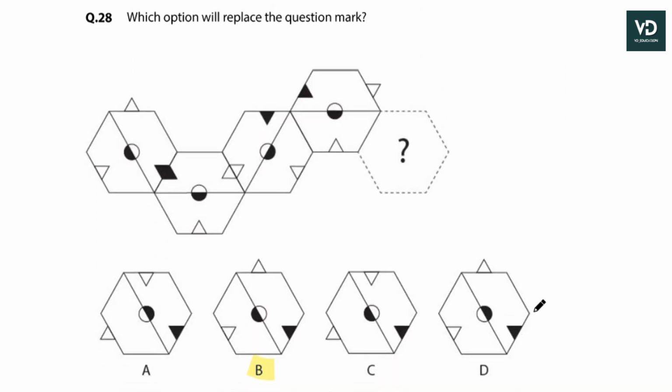28th question. Which option will replace the question mark here? So we need to notice some common part here. In the given first design, we can see the black semicircular part is at the bottom of the hexagonal shape. Yes. So the next design will be the same here, and this will be the dark black surface. Okay, so we can eliminate the incorrect options. This will be incorrect and this will be incorrect. And next,